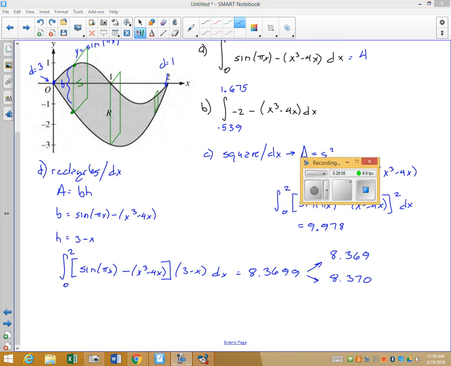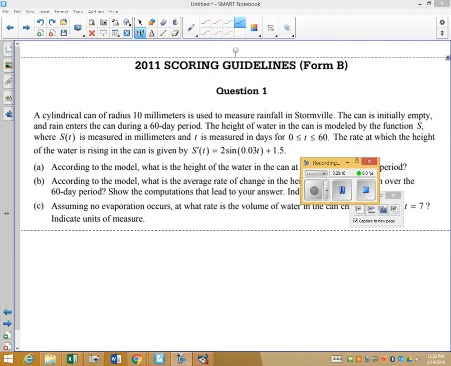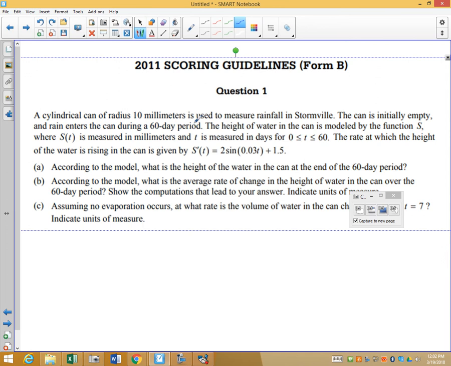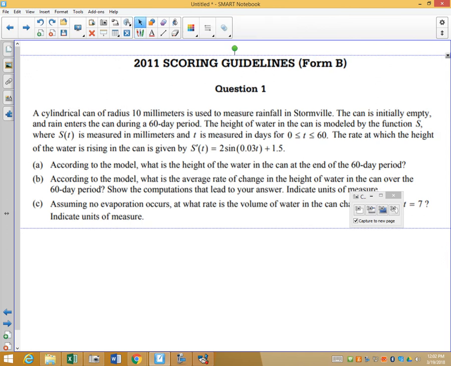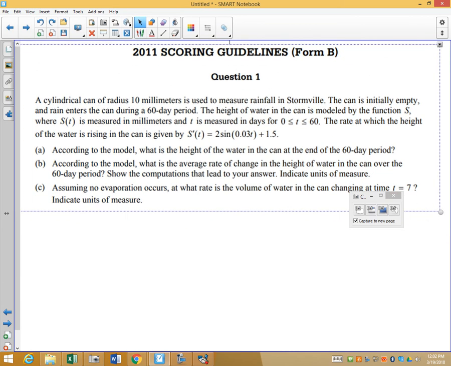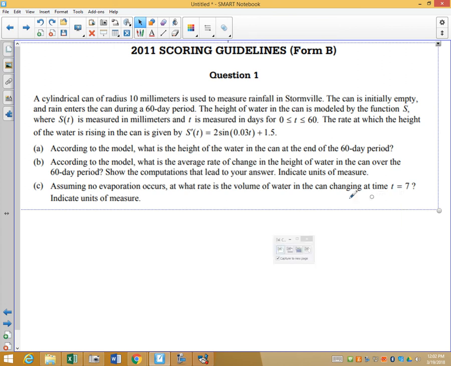Okay, so from 2011, and y'all don't have a hard copy of this. Let's see, this is a calculator problem. A cylindrical can of radius 10 millimeters is used to measure rainfall in Stormville. Now that's just cheesy. The can is initially empty and rain enters the can. Ooh, this sounds like a rate-in problem. I wonder if they give you a rate of evaporation. Oh, I bet that was D. Anyway,